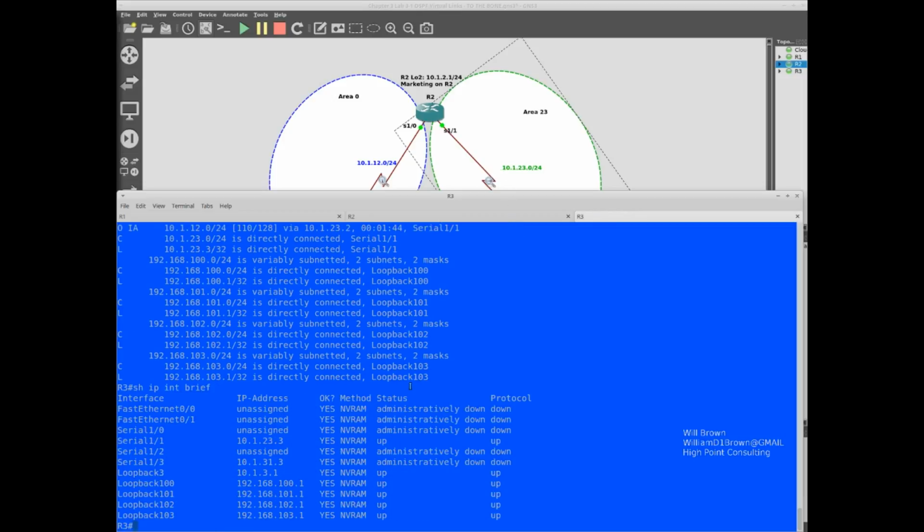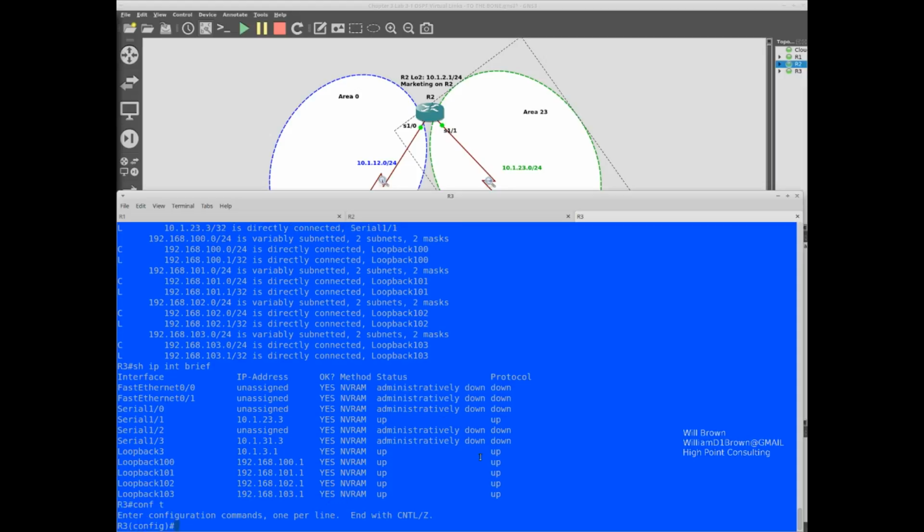We have all of those loopbacks, not that many, that are not participating in OSPF. So what we're going to do real quick is let's get them in, and we'll also make sure that we change the network type so that the appropriate subnet mask is sent along.